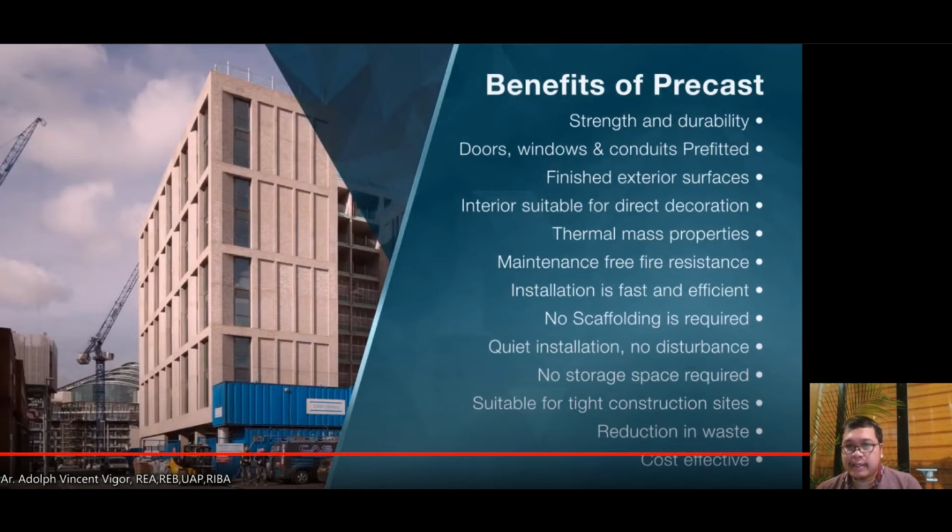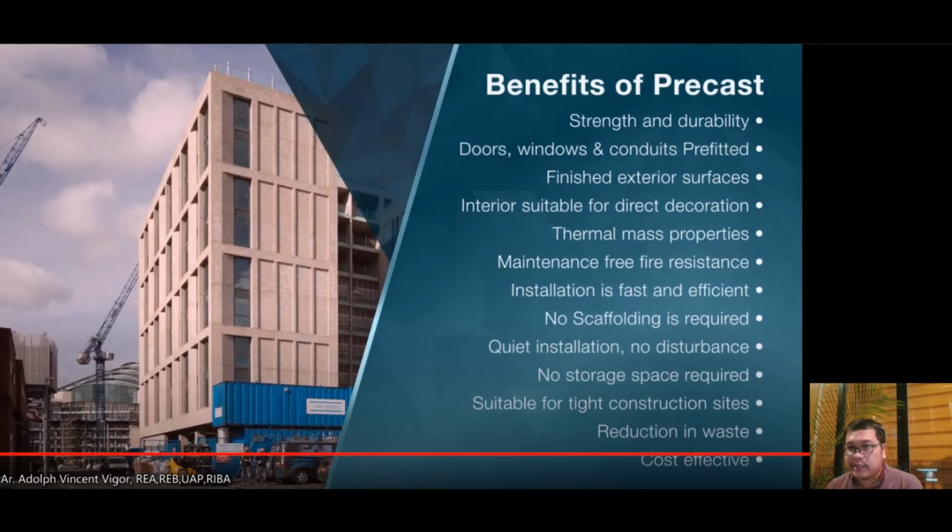Okay, so let's analyze one by one the benefits of precast. One is strength and durability. Okay, it's a stronger class because each and every component is going to have a much higher quality. Okay, so you are assured that what's designed in the drawings is really going to be implemented on the actual site. Because some problems, especially in traditional construction, is that the drawings are completely different than what you can see on site. With precast construction, especially because it's going to be built in a factory setting,